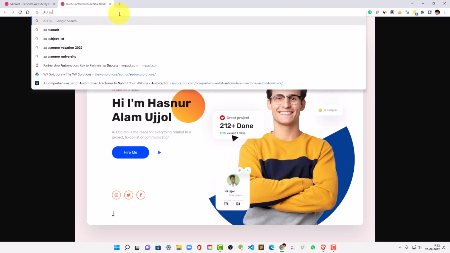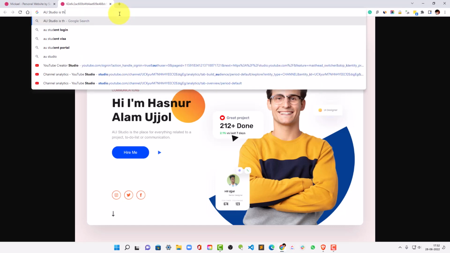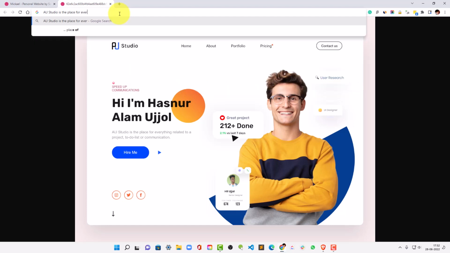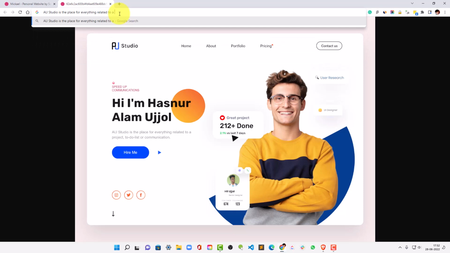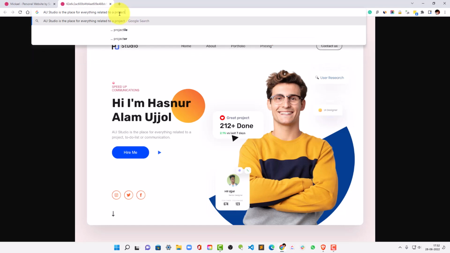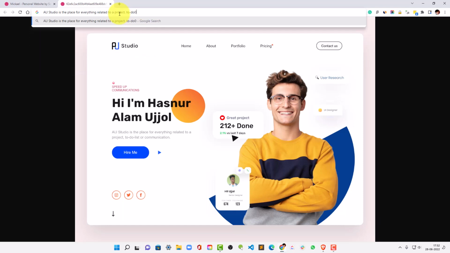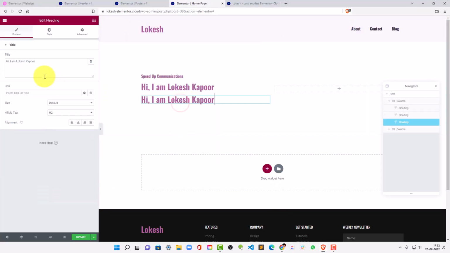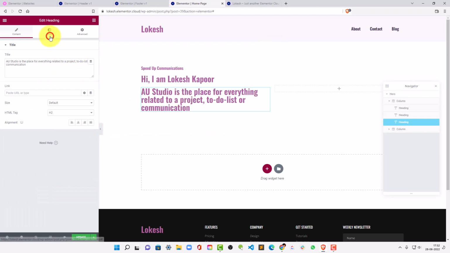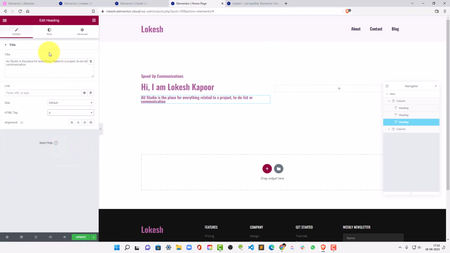Say a studio is the place for everything related to a project, to-do list or communication. We can also use lorem ipsum for the text, right? Let's keep it to P again. Okay,